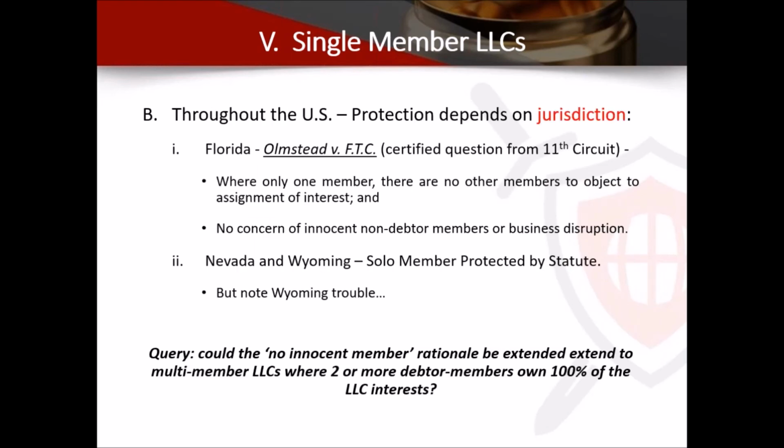I have a question. Sure. What's the difference between a charging order of an LLC interest and the foreclosure of an LLC interest? So the difference between a charging order for LLC interest and a foreclosure of an LLC interest. Yeah, so the original idea with LLCs is that they're a protective entity, and the protections come from the fact that if someone sues an owner, they cannot take the equity. All they can do is lien the equity. So if money comes out, they can get the money if it ever comes out. That's the general way that LLCs are protective.